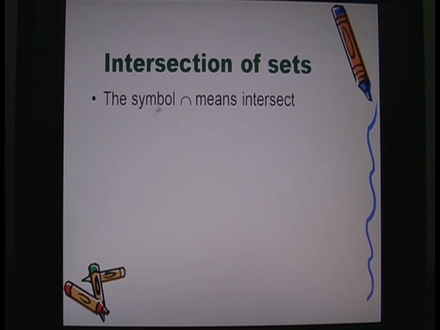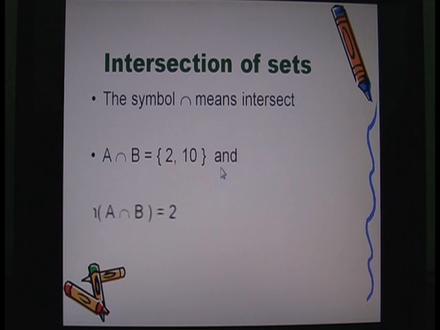So this symbol here means intersect. So we say A intersect B is equal to what? 2 and 10. So these two numbers here are the elements in both set A and set B. And what's next? The number of elements in A intersect B is equal to what? 2. So if you count these two numbers, it's equal to what? 2. So we are saying the number of